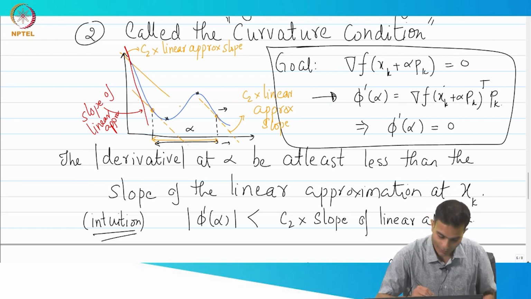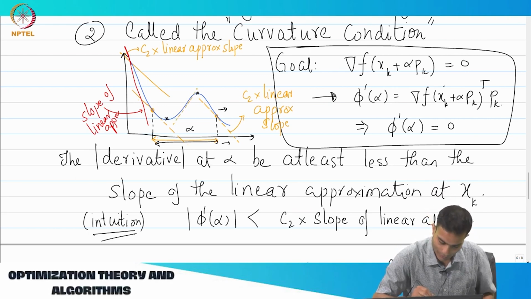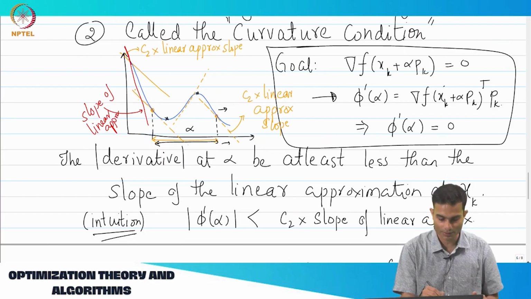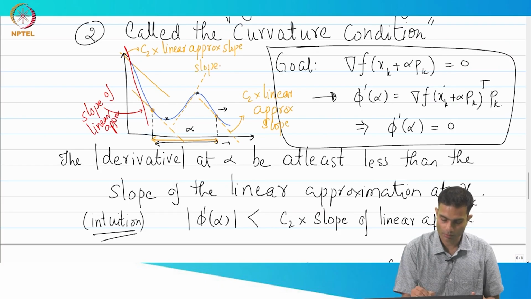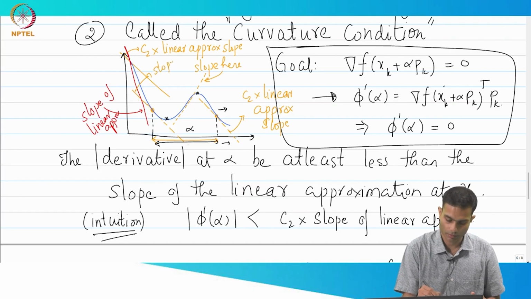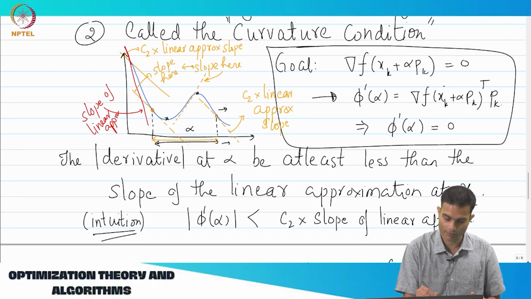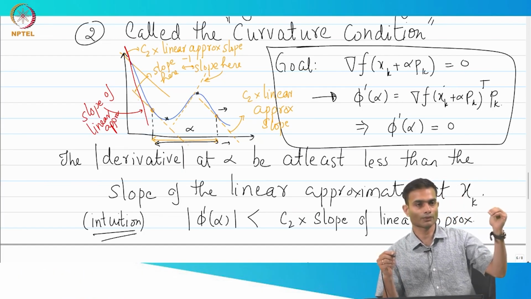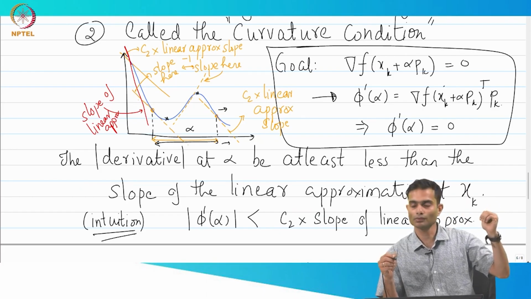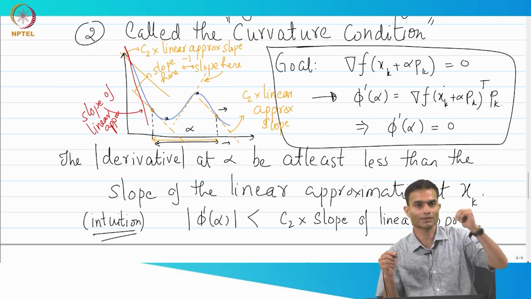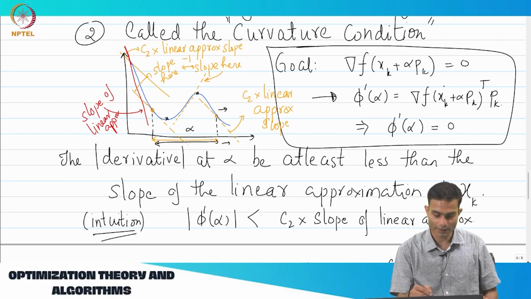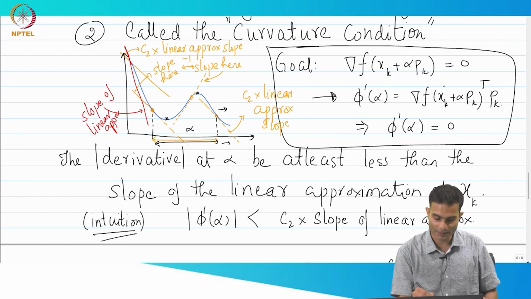Okay, whatever it is, let us say it is something like this. At this point, the slope is minus times the slope here, and the slope here. These two have a relation of minus 1, right? So, when I start with alpha equal to 0, it is found to be too small because of the curvature condition. So, I keep increasing alpha. Then I enter into the acceptable range and I keep increasing, and once I go past this point over here,